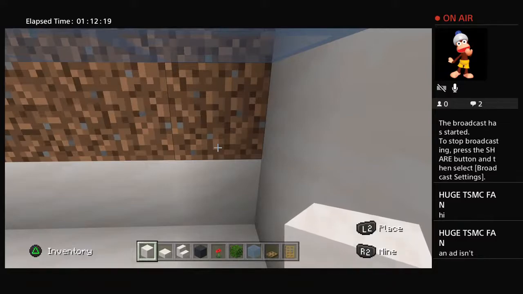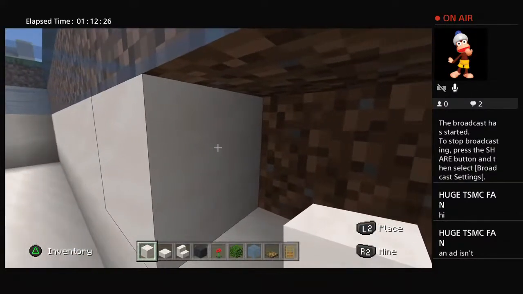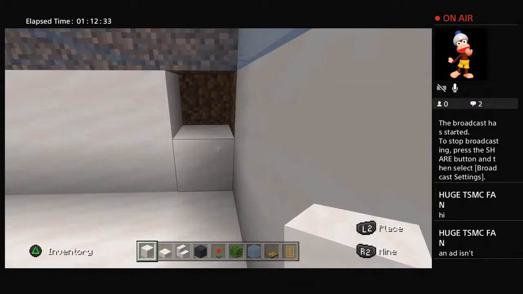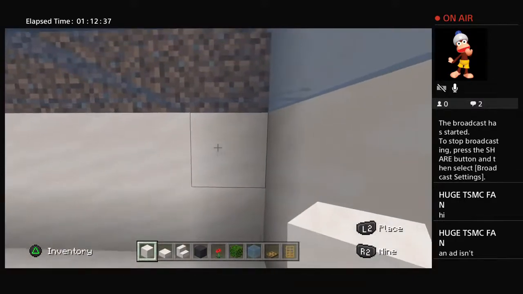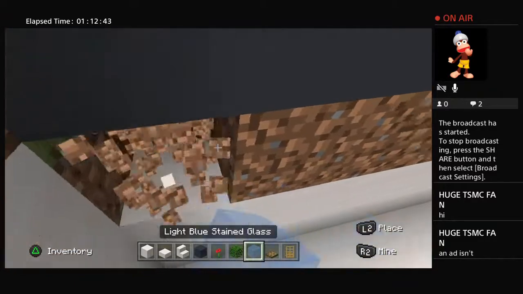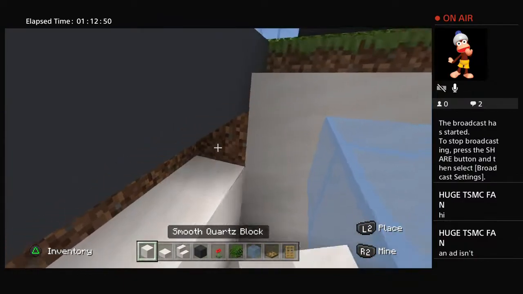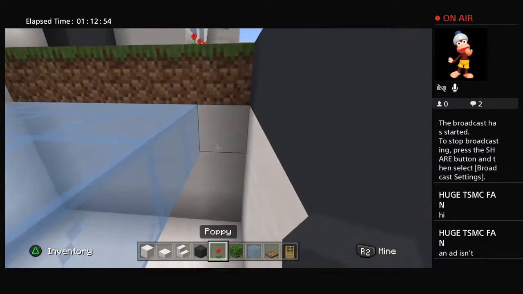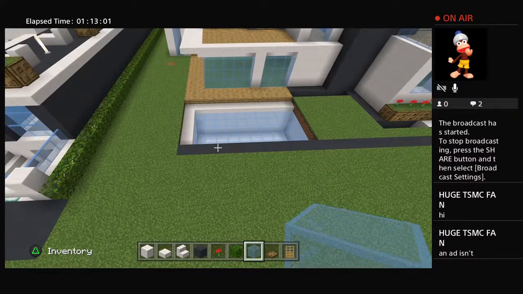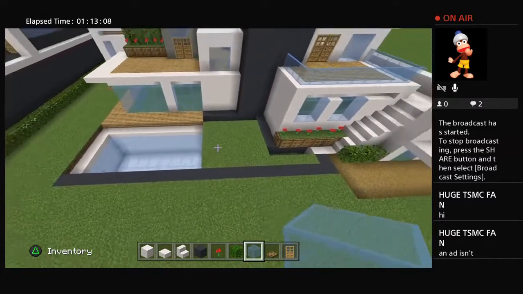Perfect. And what we essentially want to have is the whole bottom in orange glazed terracotta, so this is going to just sit here. But we're going to have some stairs that lead into this as well, so this has to be dug out. So when we have these